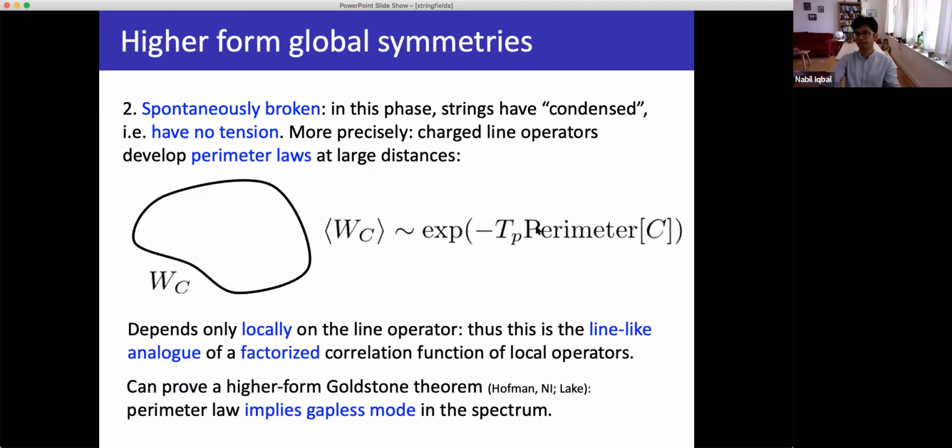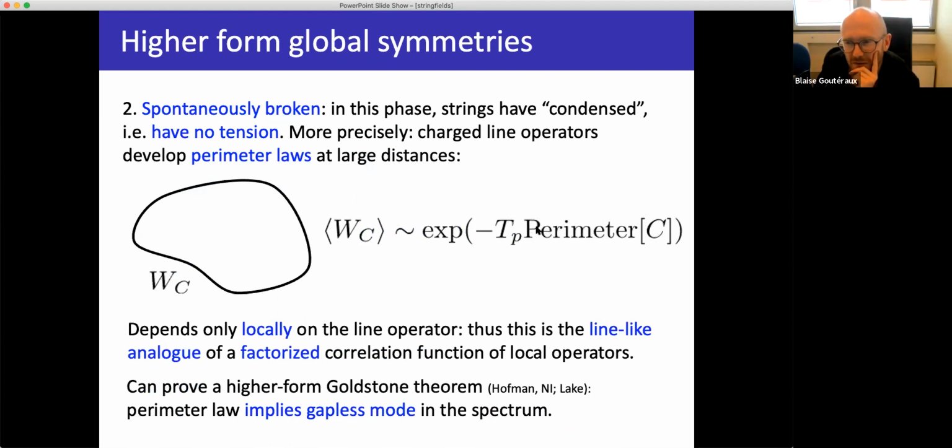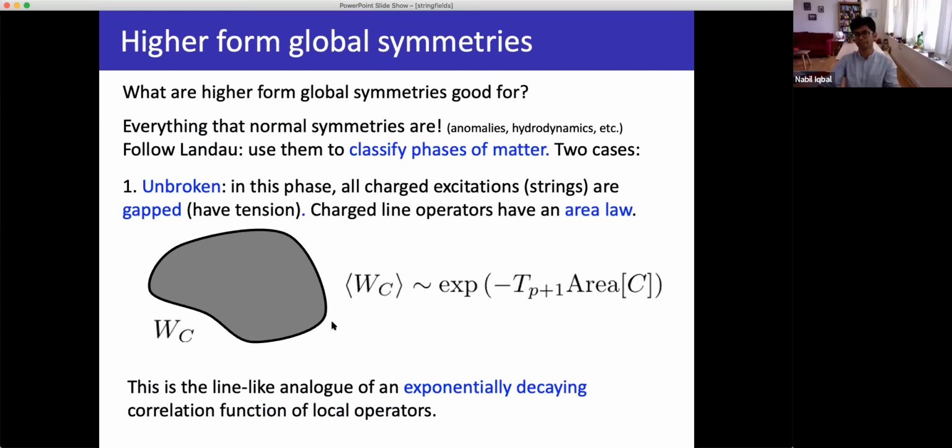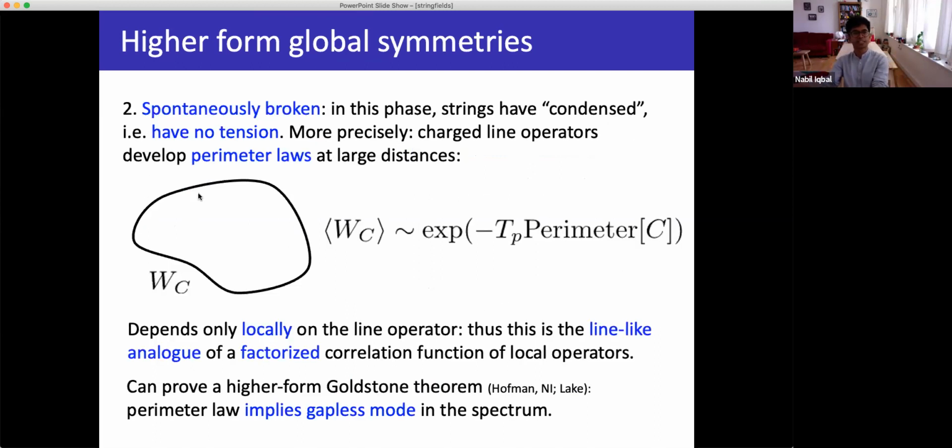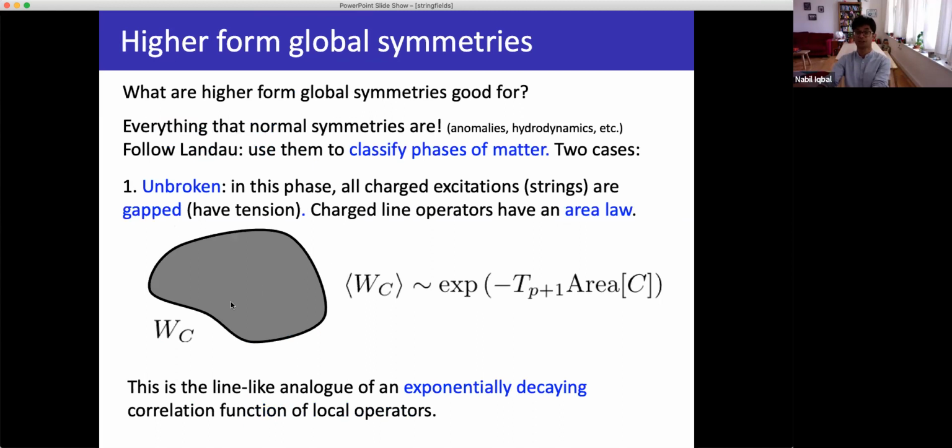Okay. And it wasn't the case with the area? No, this is a very non-local problem, right? If I give you a curve, to figure out the minimal surface that fills it in is quite complicated, right? You have to solve some Nambu-Goto action, there can be phase transitions and stuff like that. So these are different. I think this is the sharpest way to see this. This perimeter really depends locally on this. If I give you x of C, you can just do one integral, integrate root x dot squared and figure it out locally. But it's not at all true of the area. This is hard. Does that make sense?